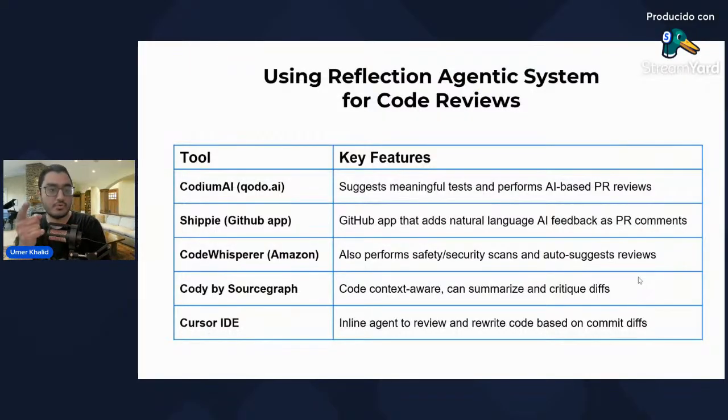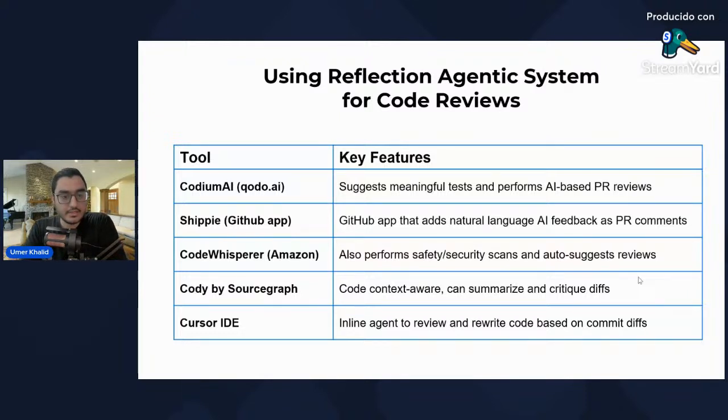So I told you about Kodo. There's also another one called Shippy. Look it up, you'll find it. This one is a GitHub app that you can add directly to the GitHub Actions in your system. What this enables you to do is add natural language AI feedback as PR comments. So basically you'll be able to add GPT within your pull requests in your project in GitHub. Then there's CodeWhisperer, very common, very popular from Amazon, which is similar to